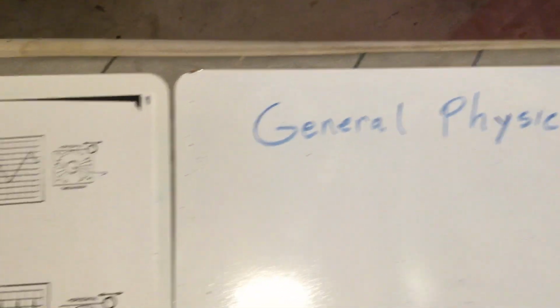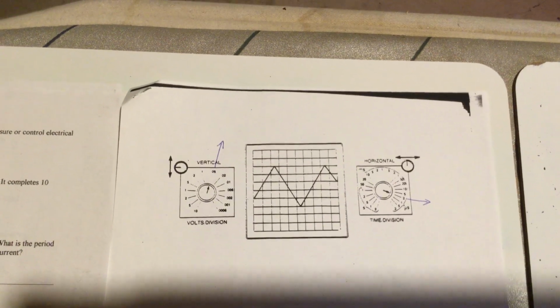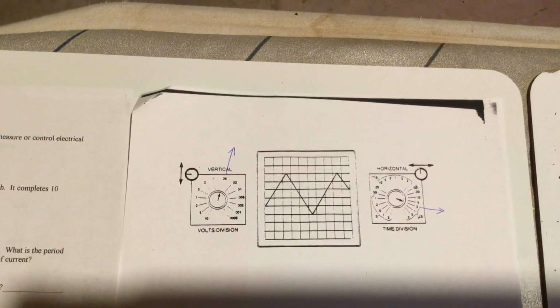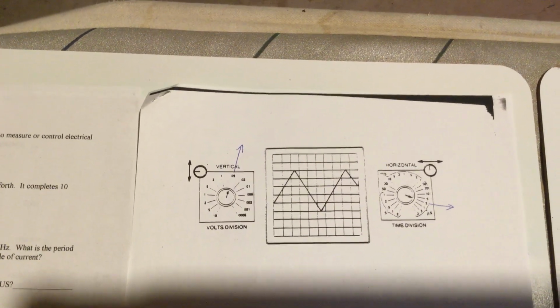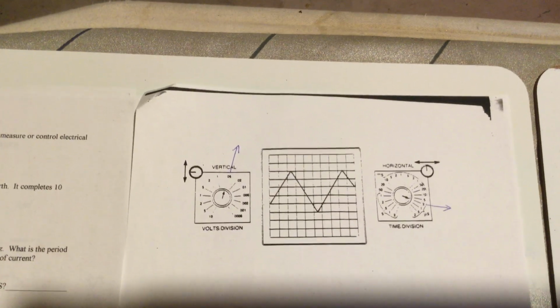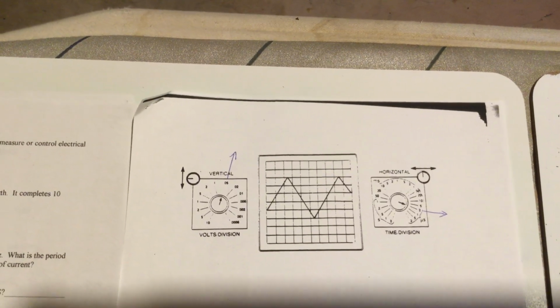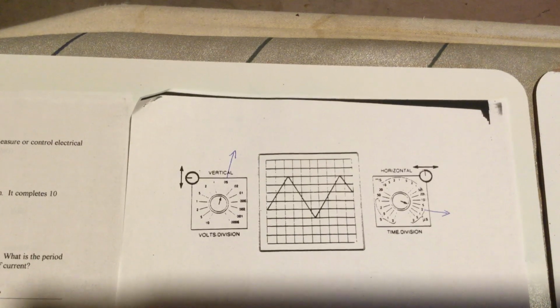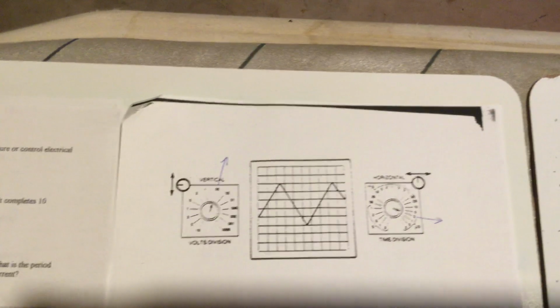And we're going to be talking about oscilloscopes. So what I have here for you to look at is not an actual oscilloscope, but a picture of what an oscilloscope might show you. Now, an oscilloscope is like a large box, and this box takes electrical inputs from a circuit or from an electrical device, and it shows them in terms of what they look like as a wave. So this one you can see has peaks and troughs. It's kind of in the shape of a sine wave, but since it has points, we call it a triangular